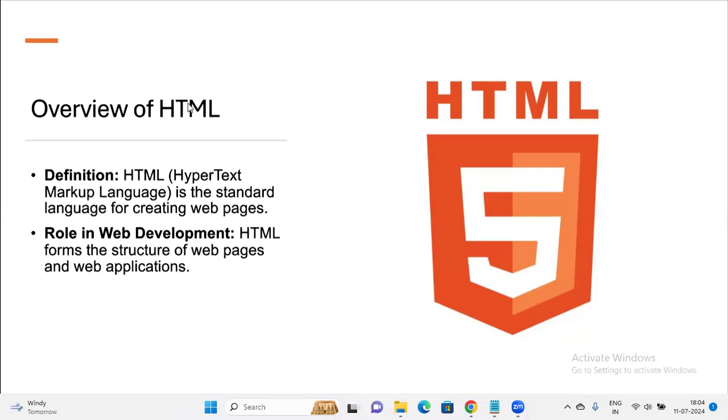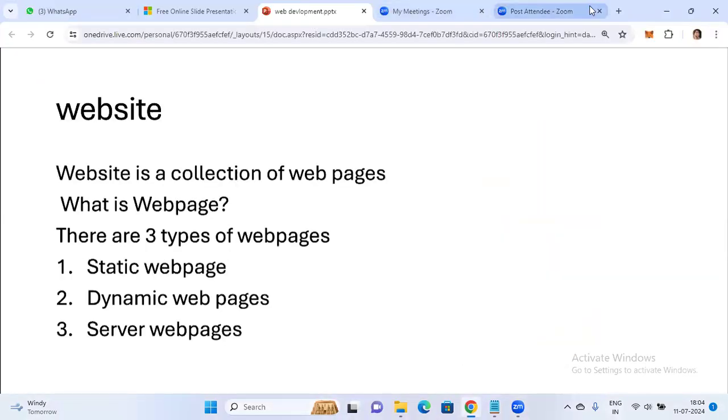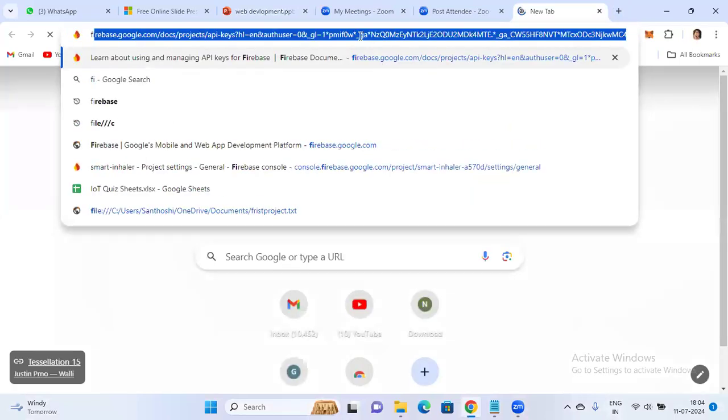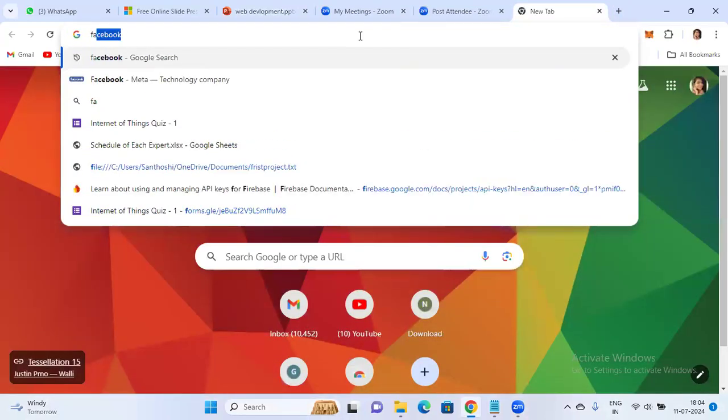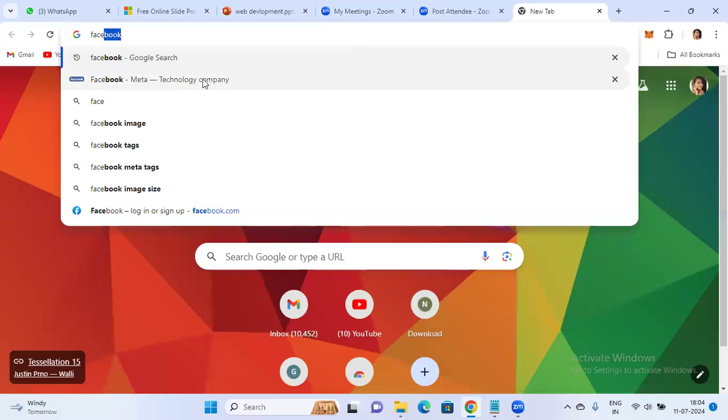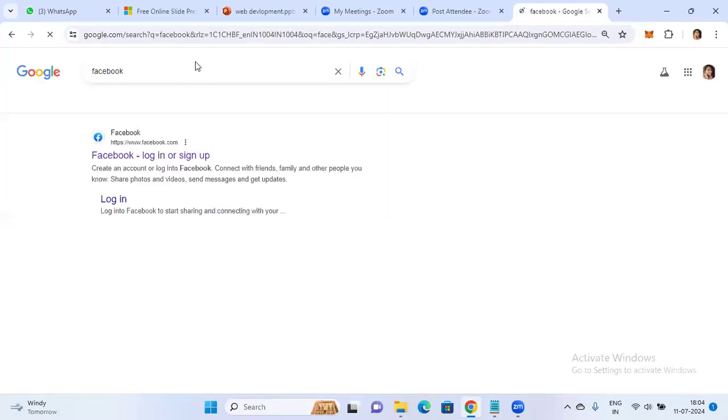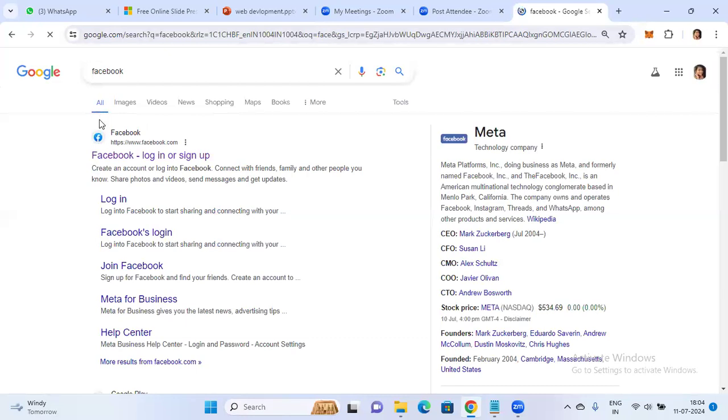Let's say I'm opening a browser and searching for Facebook. Here I can see a login page.